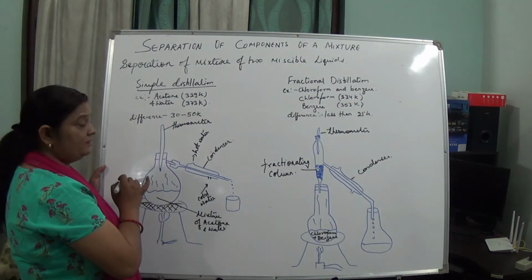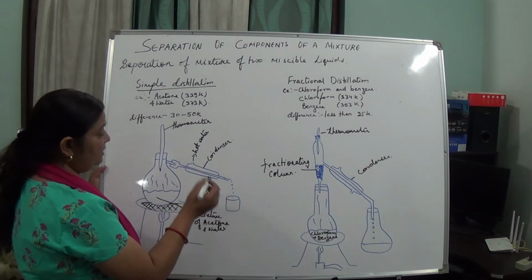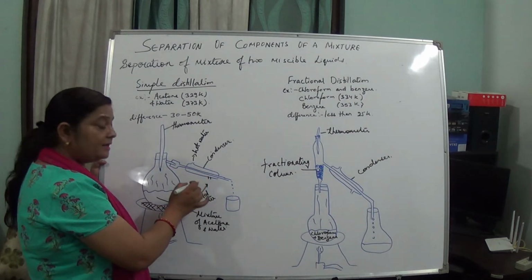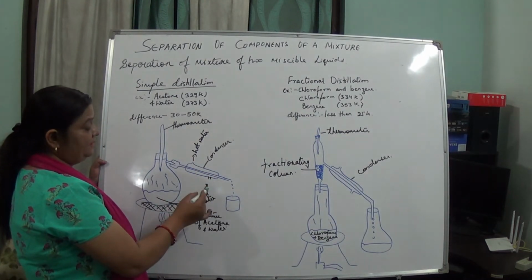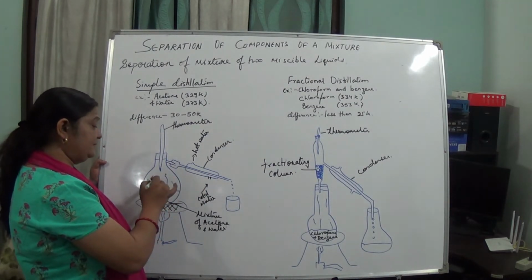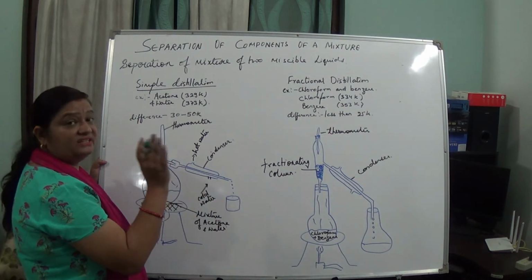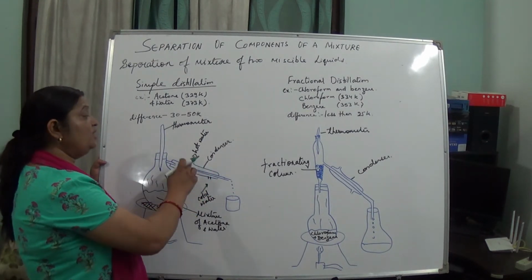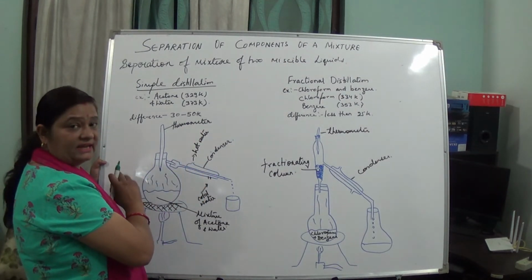Here you can see a thermometer, and this is the Liebig condenser, or you can say condenser. You can see two outlets in the condenser. Why are there two outlets? Because from one opening the cold water enters, which helps the evaporated component coming in gaseous form to change into liquid form. Once it does that, this cold water becomes hot, so it goes out, and again we have to send cold water inside the condenser.